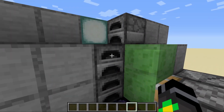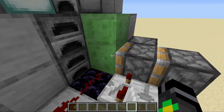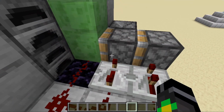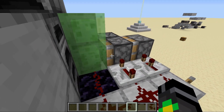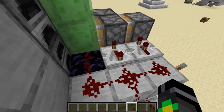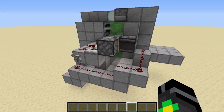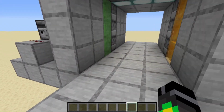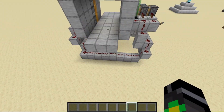The blocks stay there. Then this piston is only pushing one block, which is this piston, not 13, which means it can push them. Then this one powers again, and there you go. You have your piston extender. Although very interesting the way I saw this, I really liked it. And this opened the idea to me that you can have actually more than a 12 piston extender,